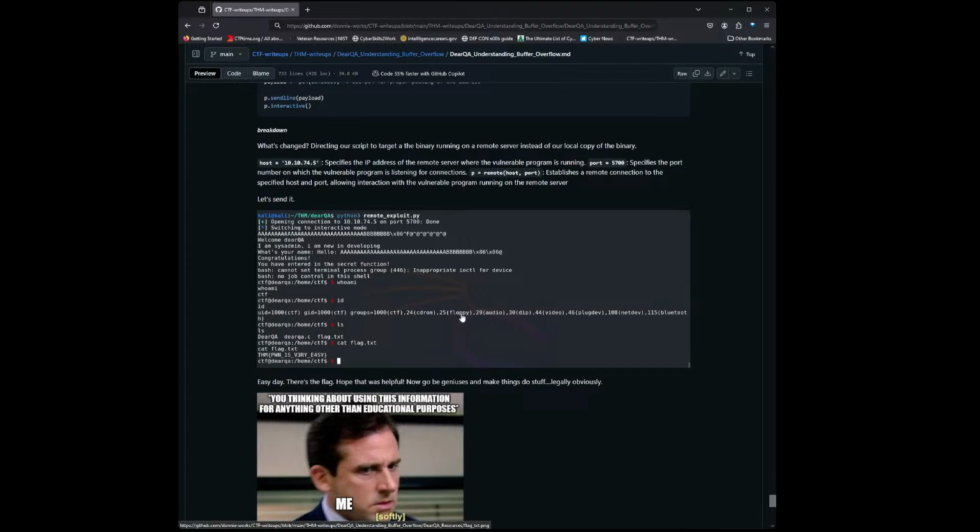LS, let's see what's in this current directory that we're at. It's got, spoiler, the source code in C, and then the actual binary that we downloaded earlier, and then something called flag.txt, which is what we're probably looking for, because if you're new to CTFs, that's generally what a lot of them are geared towards, looking for a flag, which is really just